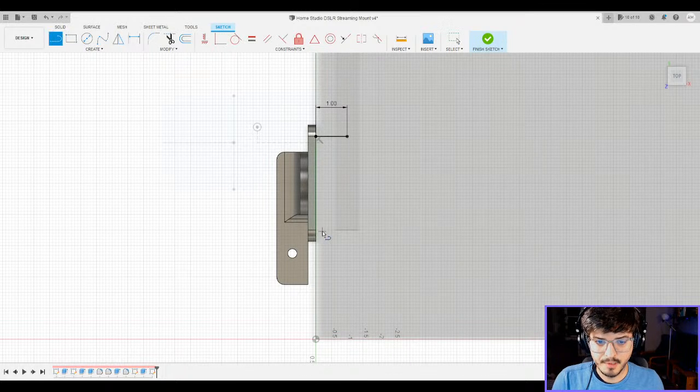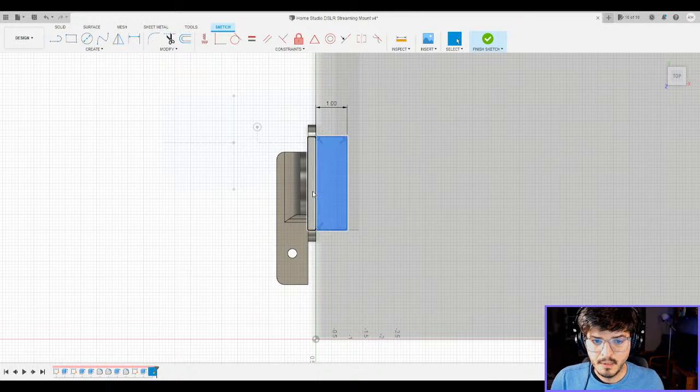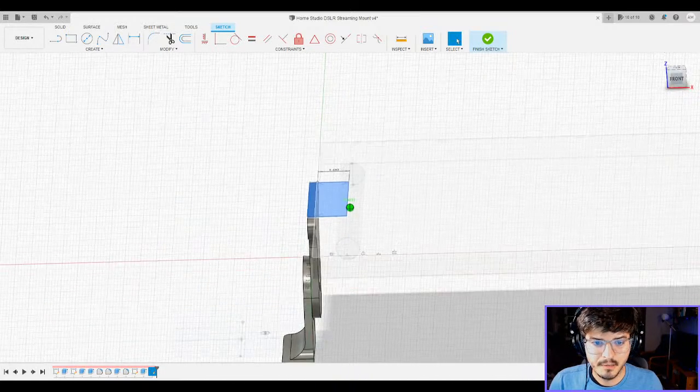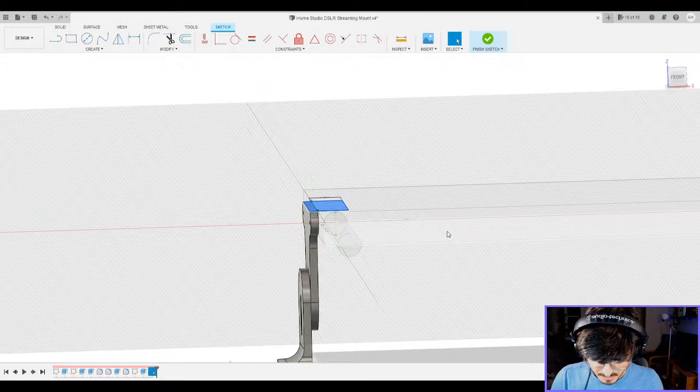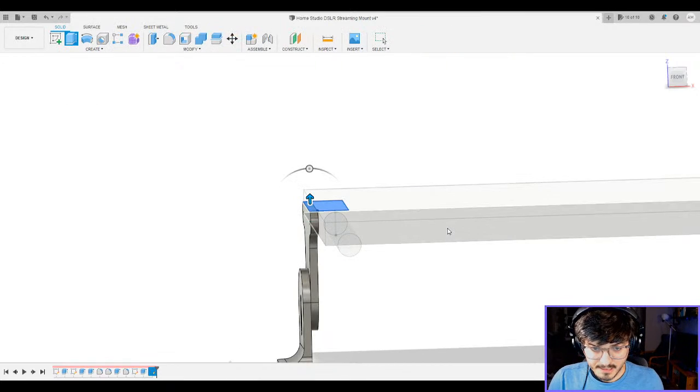I'm gonna do another inch over. Line those up, put that over. I'm gonna extrude this guy the 1/4 inch. Yes, I will extrude it a 1/4 inch.